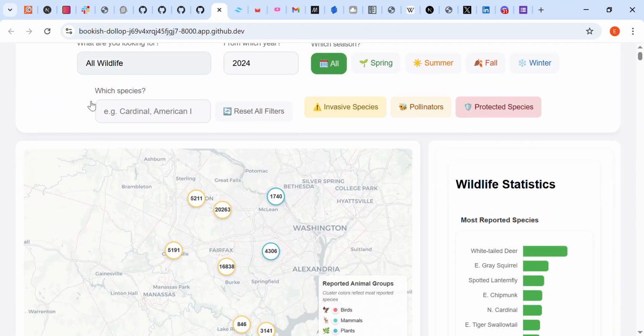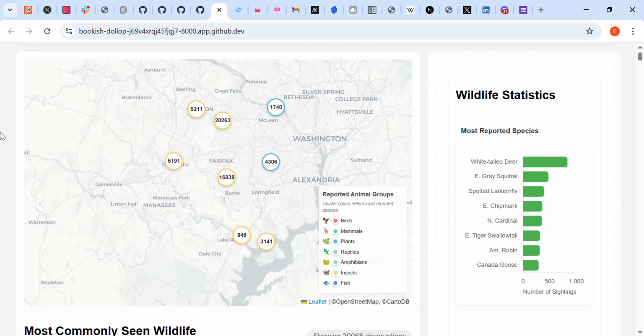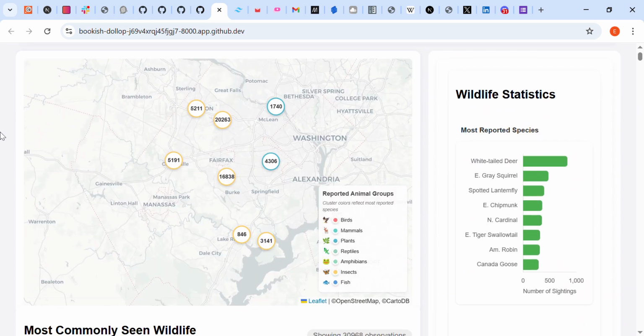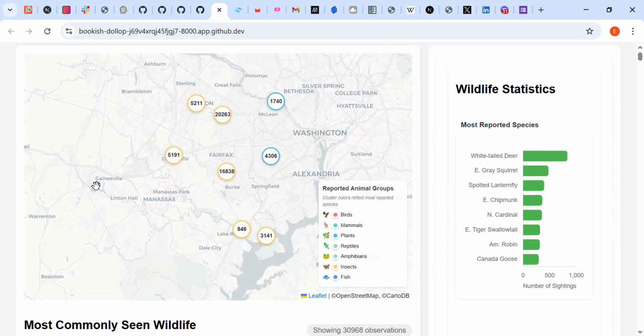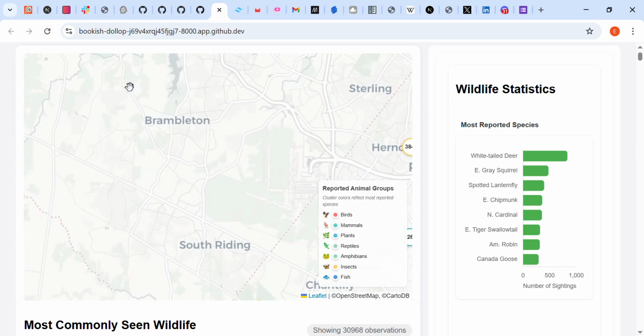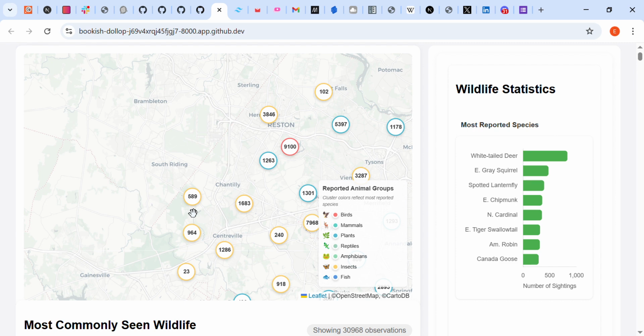I will just quickly start with the map. For the map, you can see the total number. The filter is currently showing all wildlife for the year 2024, and the season to be all-time season, right? I didn't get the one for 2025. I did stop at the one for 2024. So you can see the total number of the species, right? We have now. One key feature I did was if you zoom in on any of the location, right, you